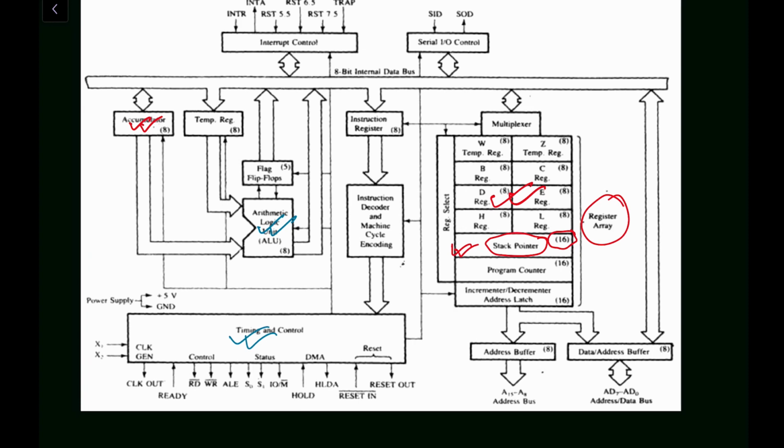The stack is a sequence of memory locations set aside by the programmer to store or retrieve the content of the accumulator. These stack pointers can be used to store and retrieve information of the contents of the accumulator, or sometimes also for storing the information of the flags, the program counter or the general purpose registers during the execution of the program. Any portion of the memory can be used as a stack.